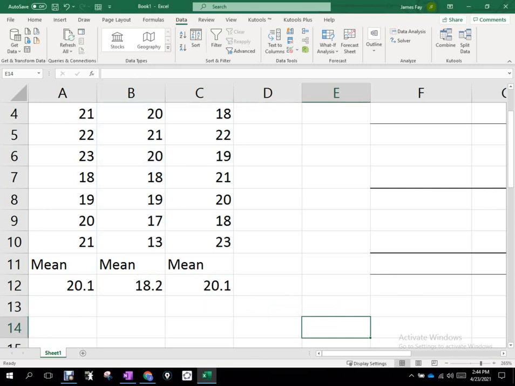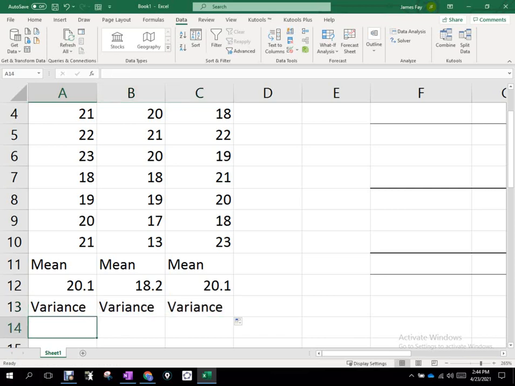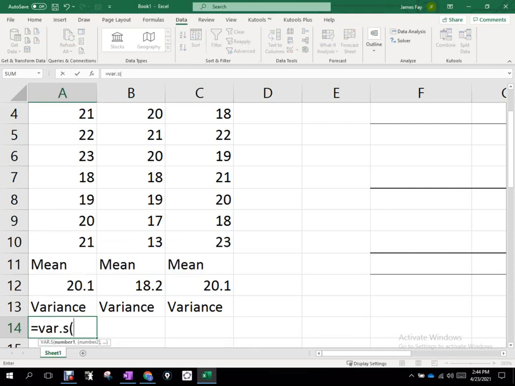Okay. We need the variance. Okay, so I'm going to take the variance across, and then it equals VAR.S because of the sample. We'll go from A1 to A10 again. So that's going to be how we determine the variance. And if we